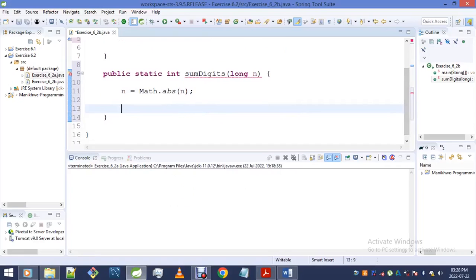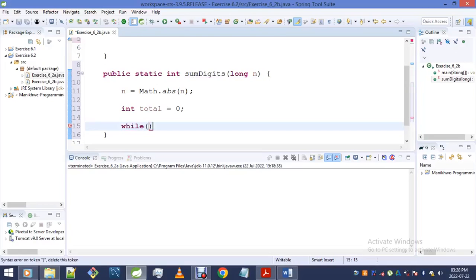I will then define a variable called total. I will then go while n